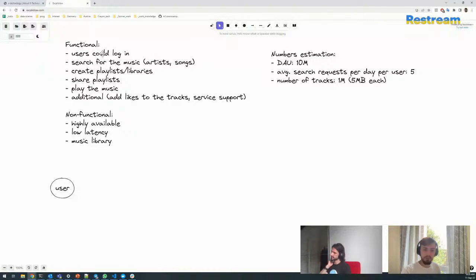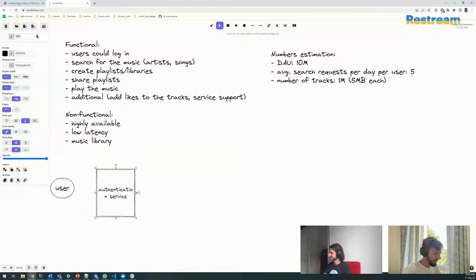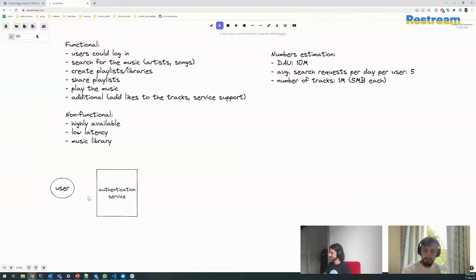What the user, yeah, I mean there could be a couple of scenarios, right? So what users do, they log in. We'll create some authentication service, which I don't want to cover. So they go there, and after it, they are able to communicate with the music service,